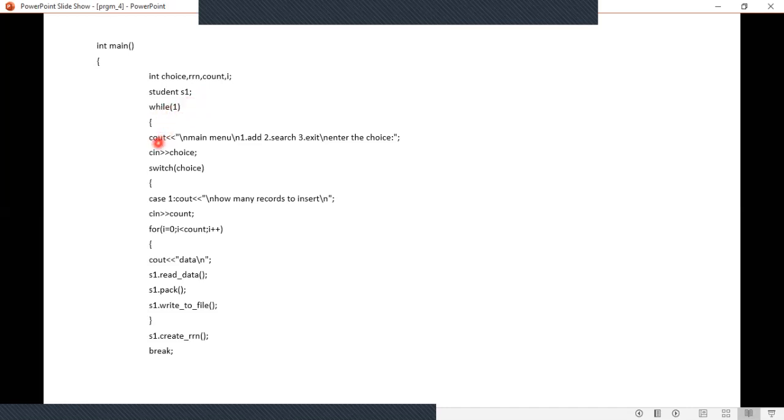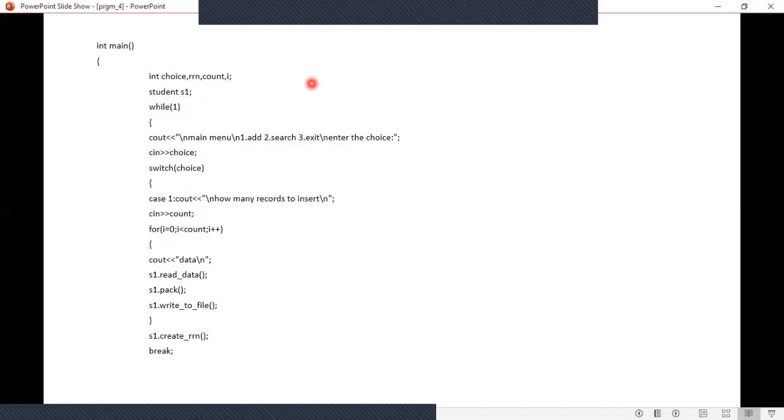While of 1, cout main menu, what and all methods you want: add and search. And then third one is exit. cin of choice, switch choice. First one is how many records to insert, that is in the file, how many records you want to insert. Okay, cin in the count, your entry 1 or 2. Here for example we'll take 2.